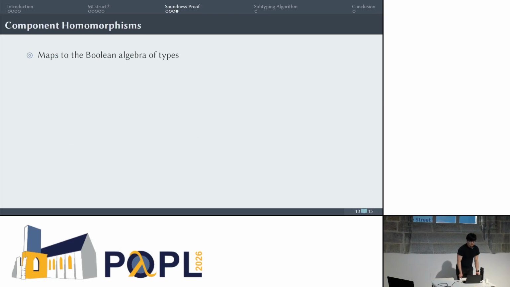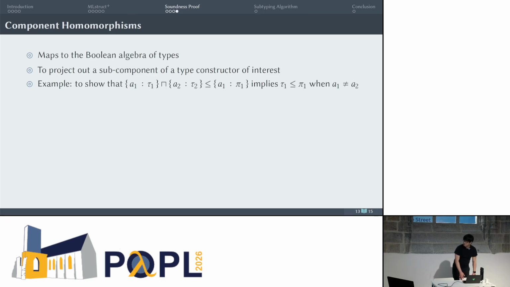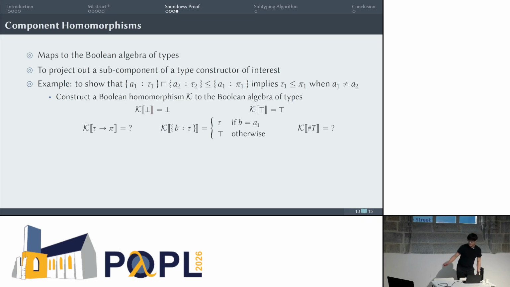And similarly to shape homomorphisms, we also have something else called a component homomorphism. They map back to the Boolean algebra of types, and they are used to project out the subcomponents of a type constructor of interest. For example, in order to show that this subtyping relation implies tau 1 less than pi 1, when A1 is not equal to A2, we construct a Boolean homomorphism K that maps to the Boolean algebra of types. Similarly, there are some undetermined cases here, and in order to determine them, we inspect the monotonicity of the